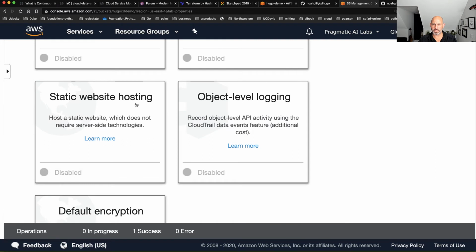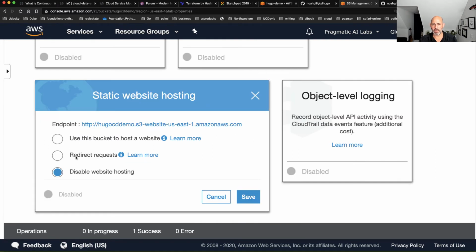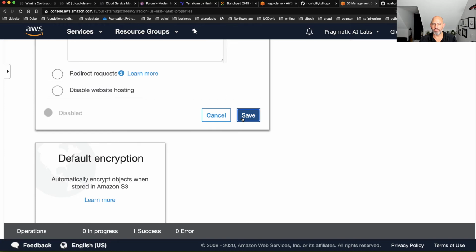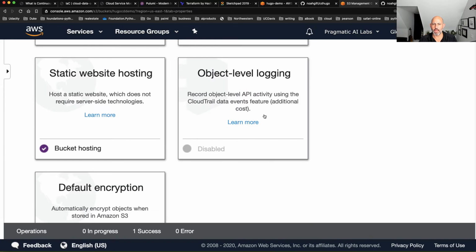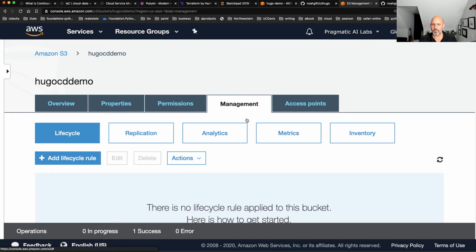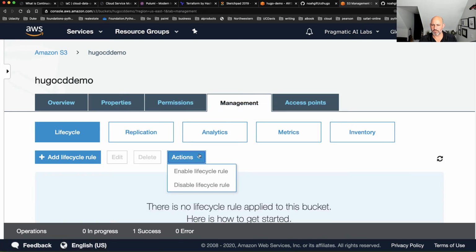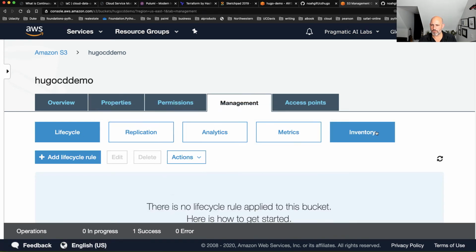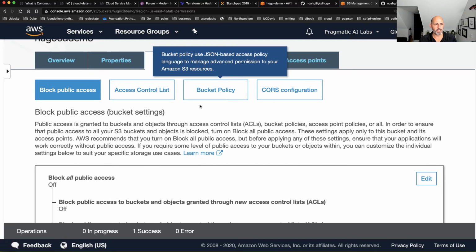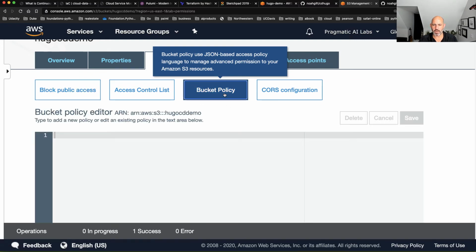Yeah, I can go to static website hosting and say, use this, and I'll say index.html and save that. And I believe the only other thing I need to do is go to management. No, I need to go to, where is this? Access points, permissions. Here we go. Yeah, permissions. And I say bucket policy.